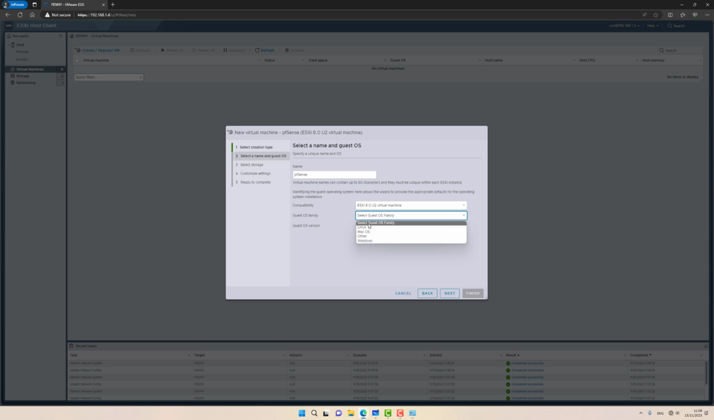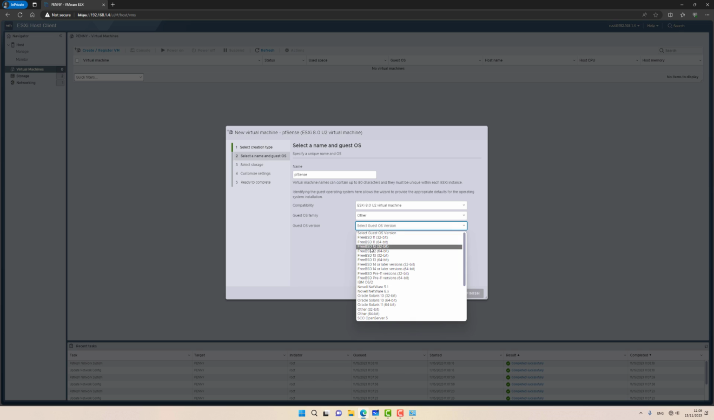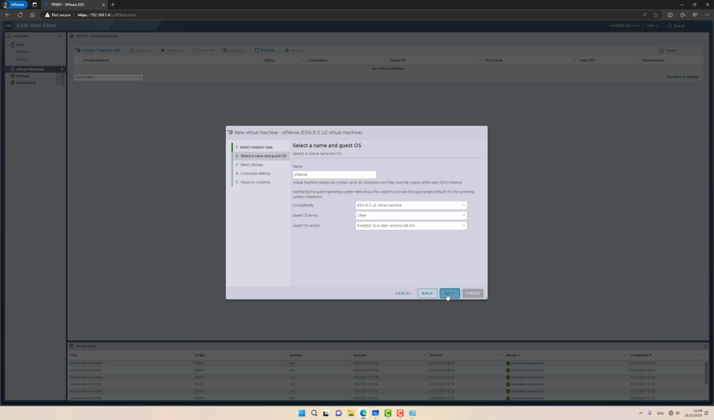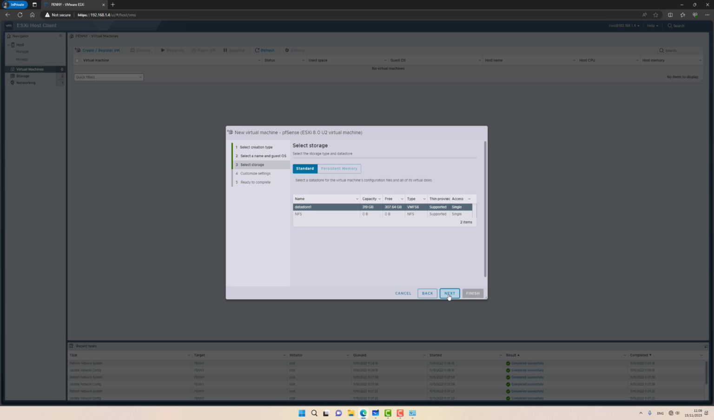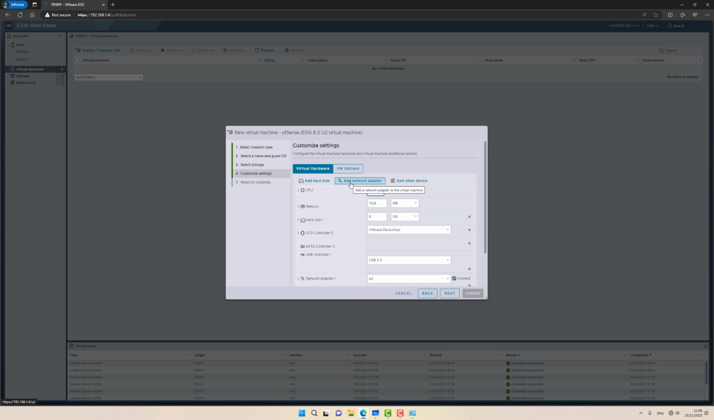OS guest family will be other, and guest OS version will be FreeBSD 64-bit 14. Next, select your data store, click next. I'm going to provide 2 CPUs for my virtual machine. I'm also going to give it 2 gigabytes of RAM. I'm going to give it 16 gigabytes of hard disk, and I'm going to select to thin